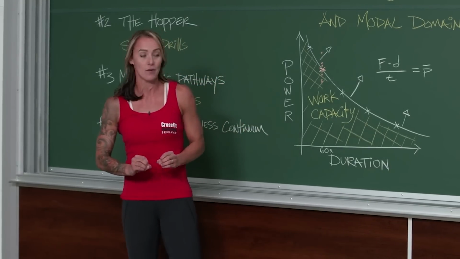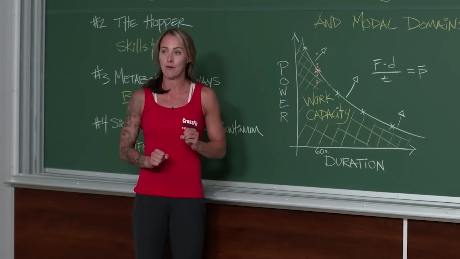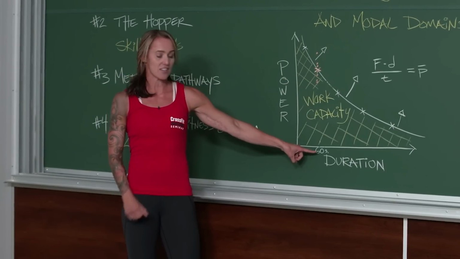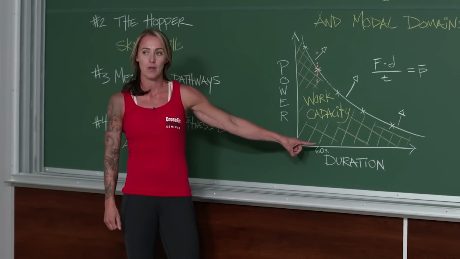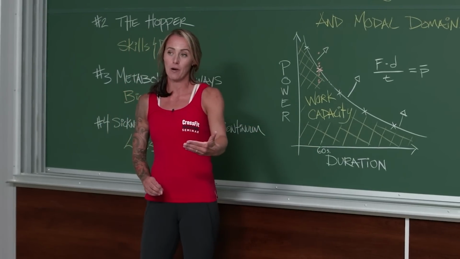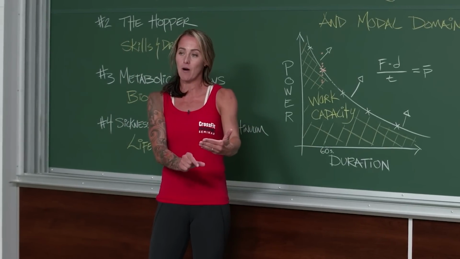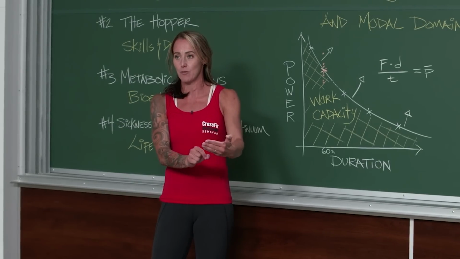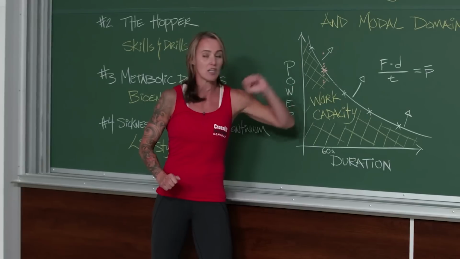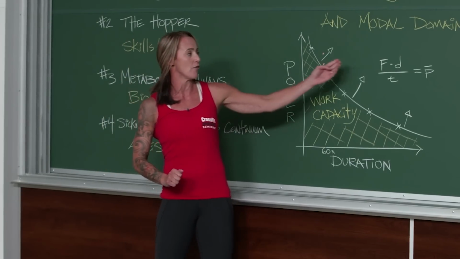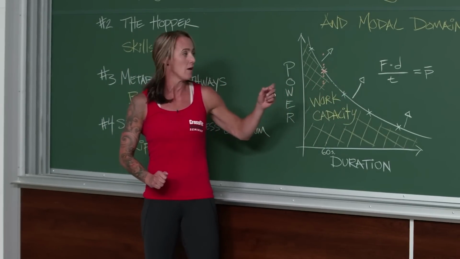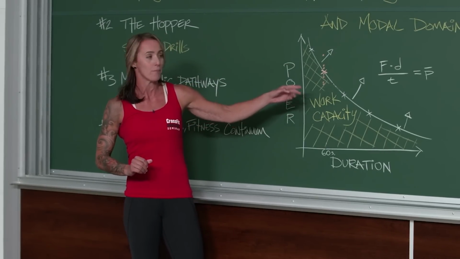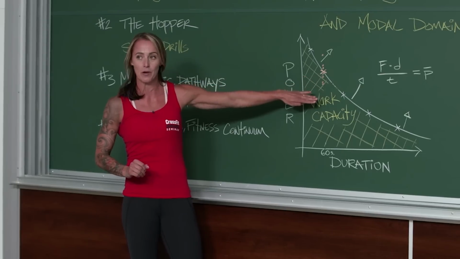If I take that data, I can then plot it on this graph. And that data point could go right here. And if we look down, it's the 60-second time domain. Now what I do is I look in my workout book and I look at every other workout or activity that I've done that falls underneath or at that 60-second time domain. And I do the equation given to us in the What is CrossFit lecture, force times distance over time equals power, and I plot another data point, and I keep doing that. And eventually, when I'm done, I will have a series of data points.